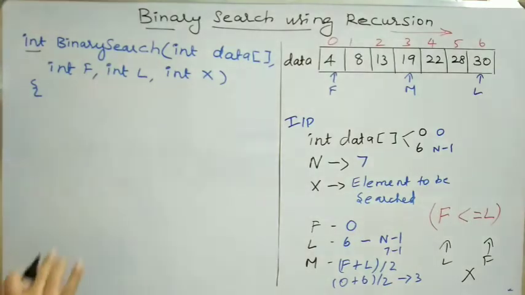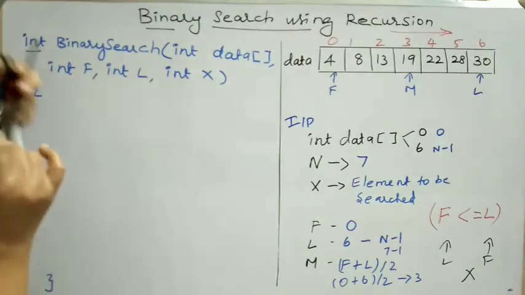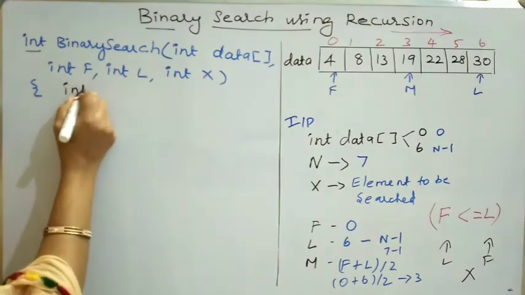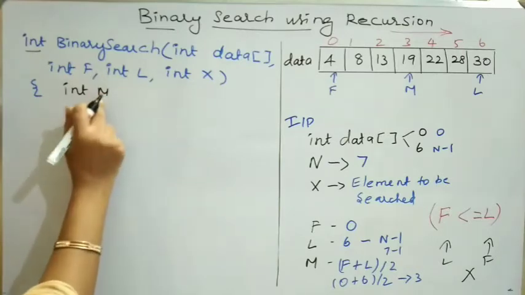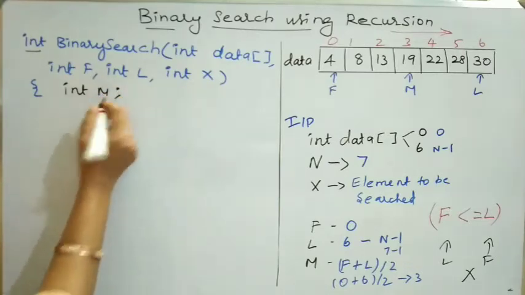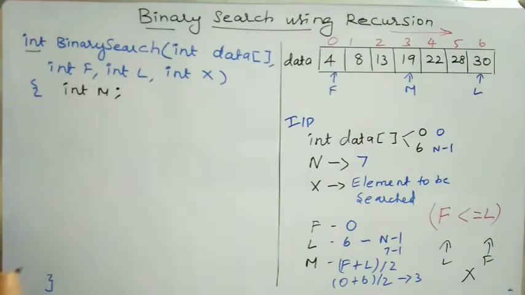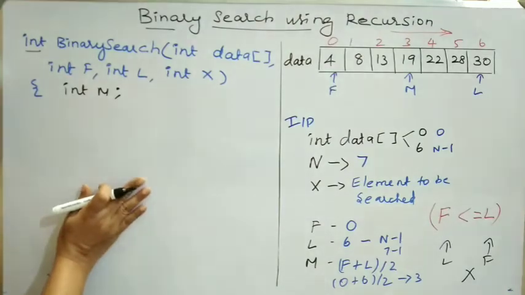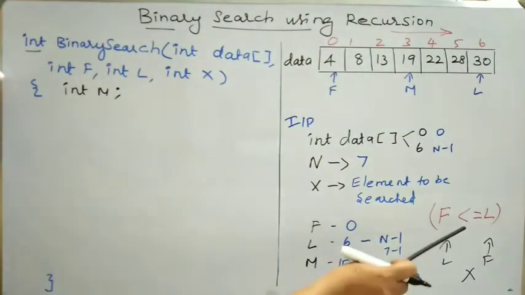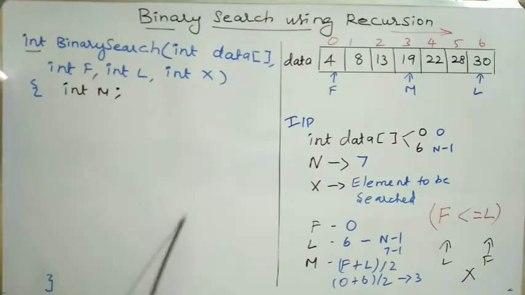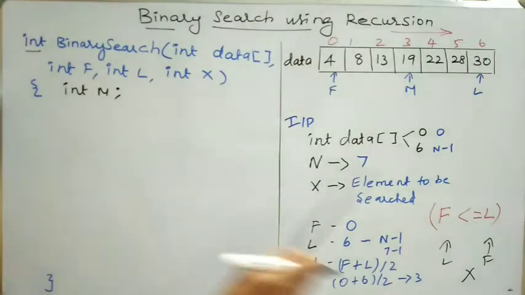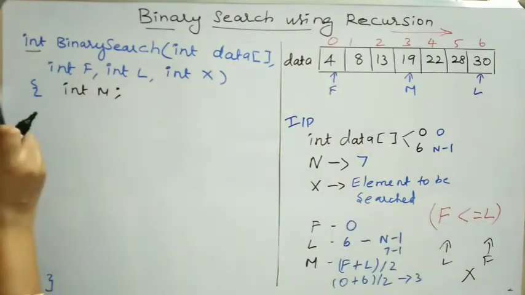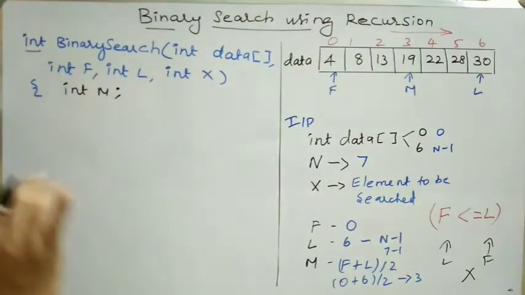So when we enter into the function, how long do I need to continue my search? Before that, I am going to declare a variable m. m is not passed to this function. I am supposed to calculate the value of m. So I am declaring m as an integer variable inside this binarySearch function. First, I need to specify how long I need to continue. Until this condition is satisfied, I need to continue my binary search process. Always the index position pointed to by f should be less than or equal to l. Otherwise, we need to stop our binary search.